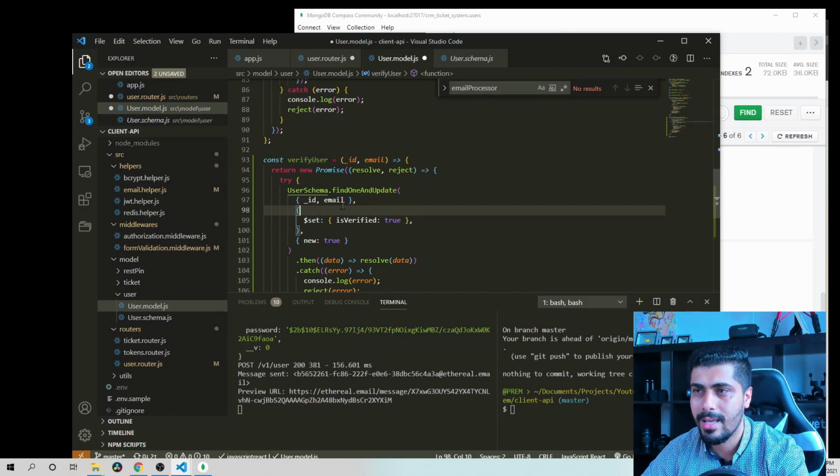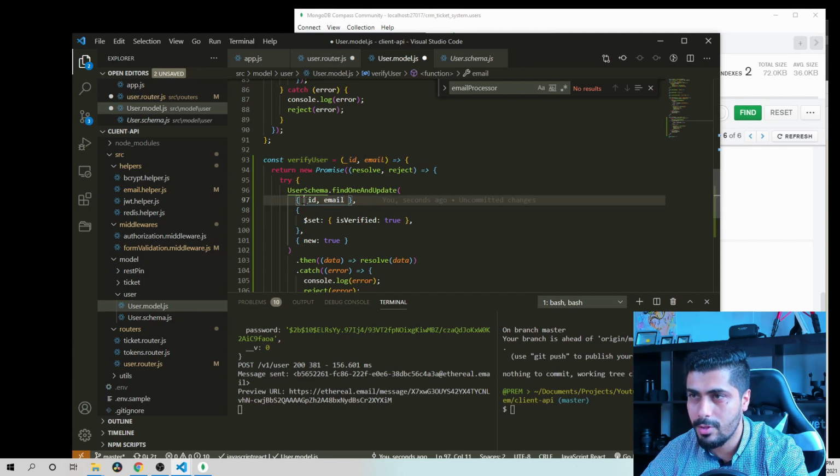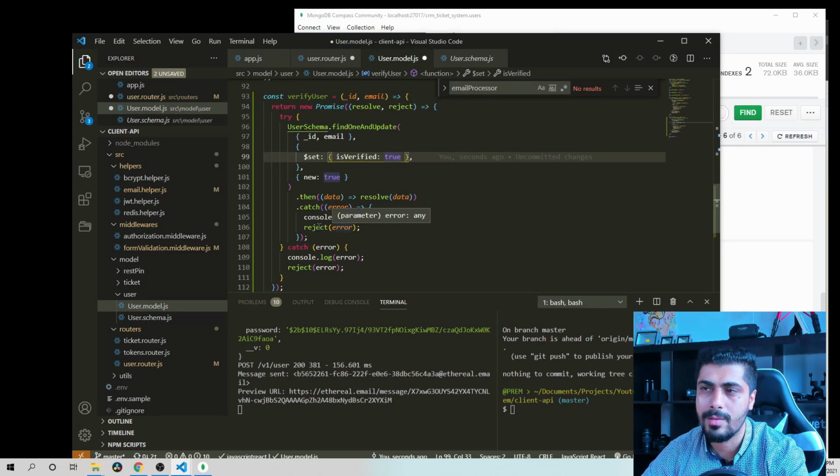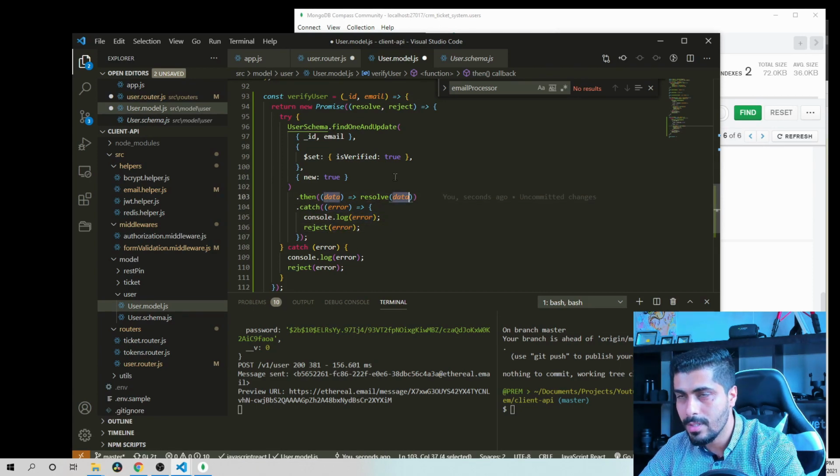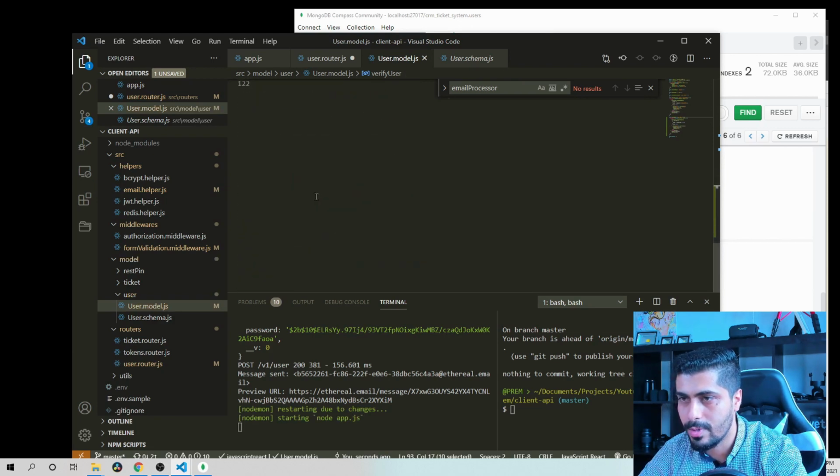What we are doing here is calling the verify user method. We're gonna send the user ID and email, and if the user ID and email sent are found valid, this will query whether the given user ID has the same email address, and then it will update is verified to true. Otherwise it will throw an error or send some other message saying no. If there is an error, we reject, otherwise, if everything goes well, we resolve the data. And now we need to export this